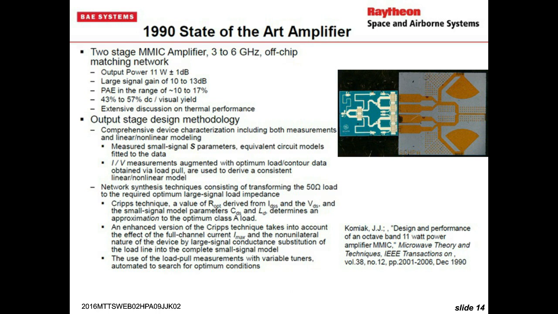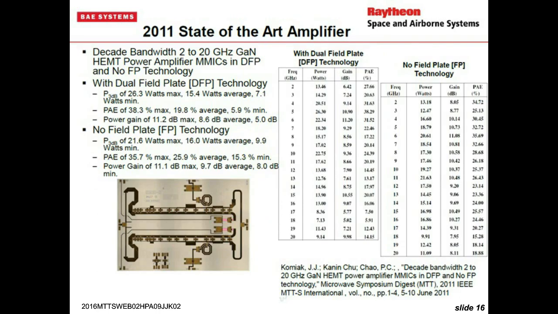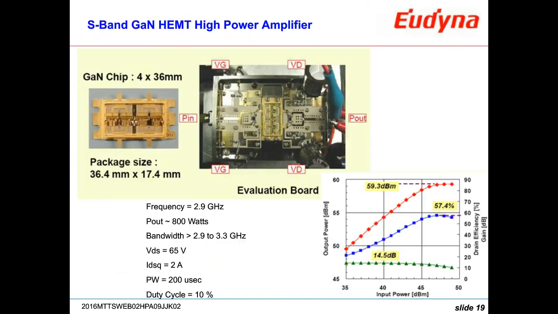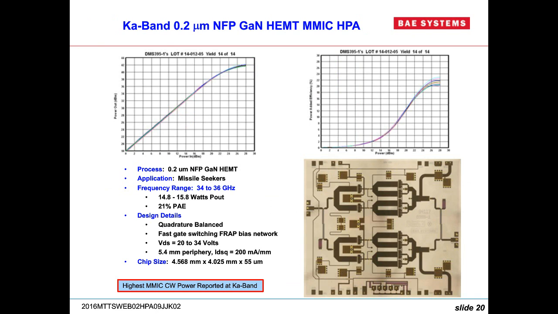Okay, appreciate that answer. Here's another question that's specifically about a slide, and it was slide 20. It says, the IMIC on slide 20 looks like it has very wide lines to match to the gate. Is low input impedance still an issue with large GaN parts? That was just a circuit technique.